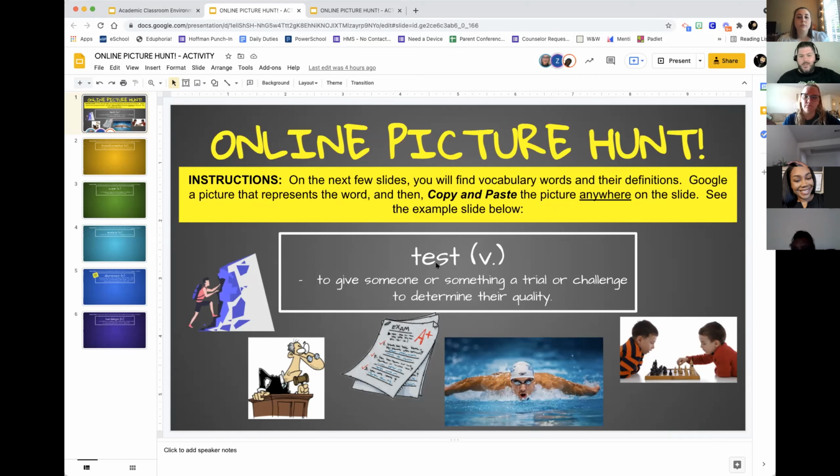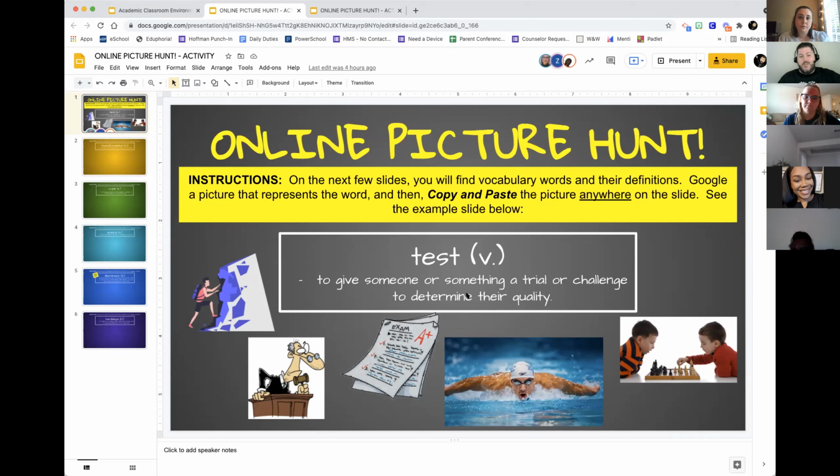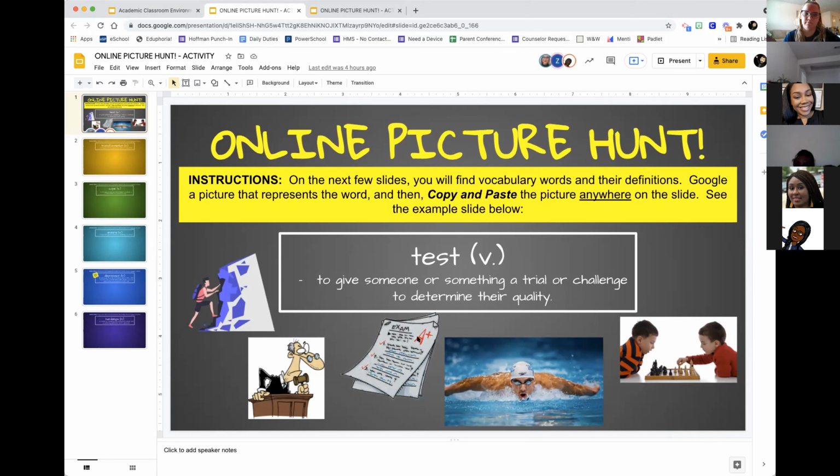So here I've given them the example of test, and it's a verb. And the definition is to give someone or something a trial or challenge to determine their quality. Now, trial, they may not know, but challenge, I'm sure that they have heard. Quality, I'm sure that they've heard. But most of them will come back with pictures that say exam on it, or like a test grade or